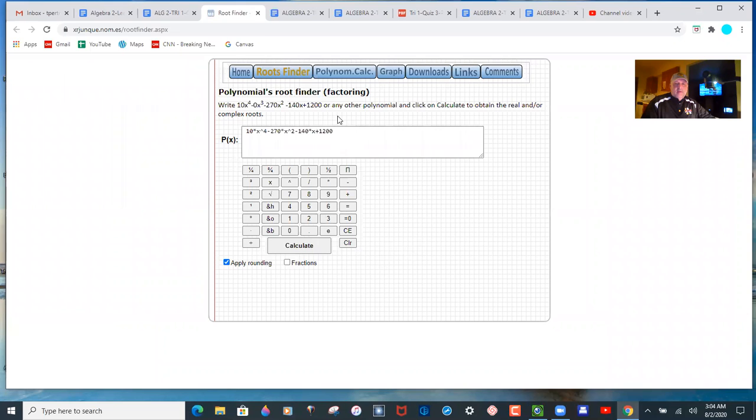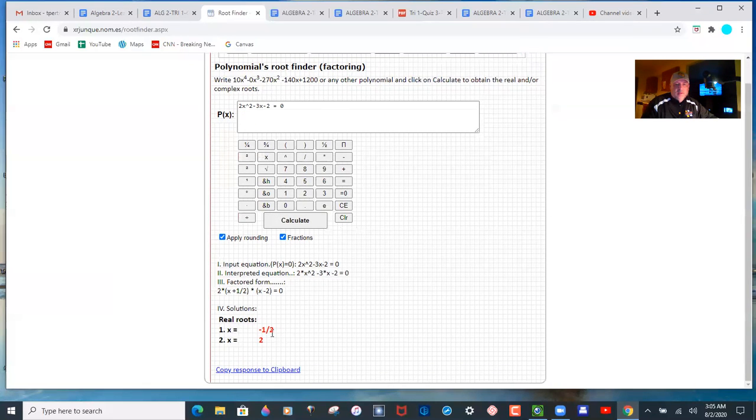And up will come where you're going to put your polynomial in. So the one that I'm going to have is 2x squared. You're going to use the little caret key above the 6, minus 3x minus 2. And choose fractions also. And then you're going to press calculate, and it's going to give you the two roots. So make sure you understand that